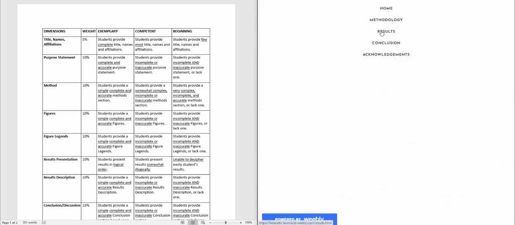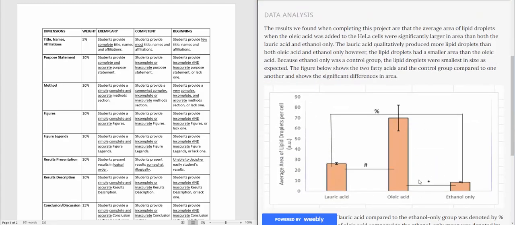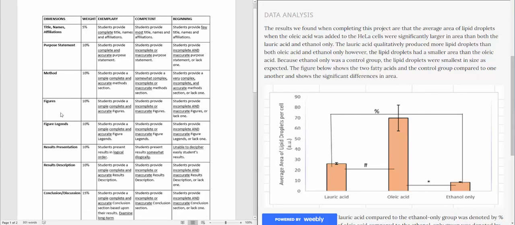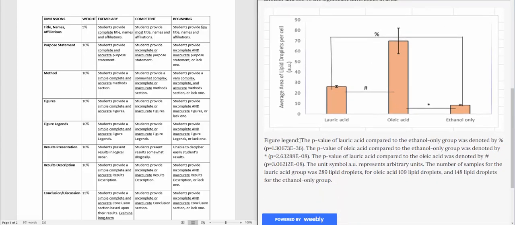And then we get into the results section. So here in this case, they decided to put their bar graph here in what they're calling the results section. And so this is also a figure with a figure legend, results presentation, results description. So you need some type of description of what we're seeing here in these results. And then they have a very nice figure legend here describing,